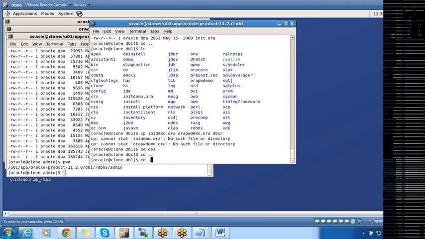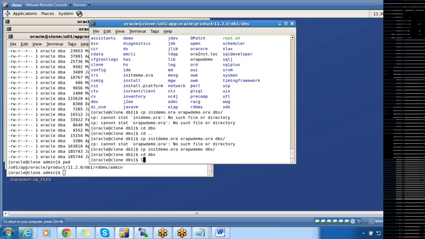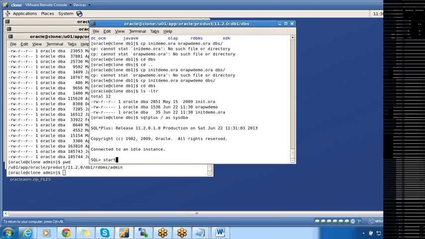Okay. Init, orapw demo. Okay. Now I have the files under dbs folder. So after that, we have to connect to SQL Plus slash sysdba. We have to start up the database using startup upgrade, and then we have to run catupgrade.sql from 11G home, like the way we did it for 10.2. As we already did this one, this is the manual approach.